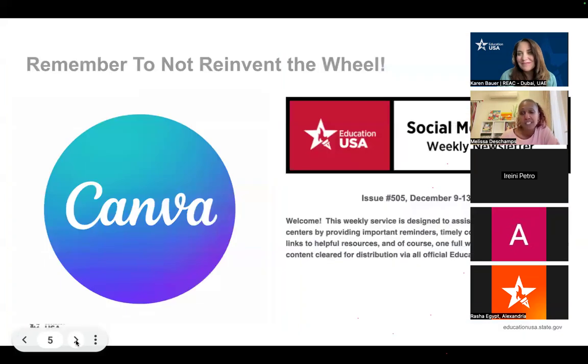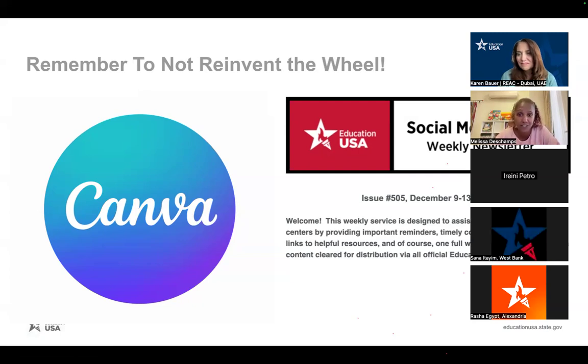Yeah, and there's lots of templates. And now that we have our regional shared advisor access to the Canva professional accounts, take a look at what other folks have created in terms of templates. The color palette for Education USA is already included in there. So in terms of changing maybe the look and feel to something that aligns more to what your center wants to use while still being compliant with the brand, it's pretty easy to swap out the colors within the approved color palette for Education USA.